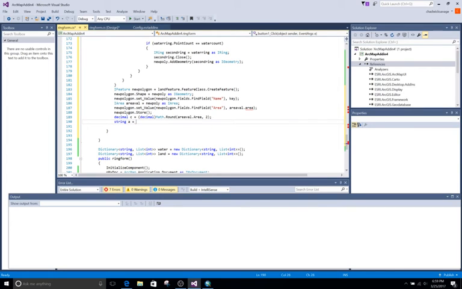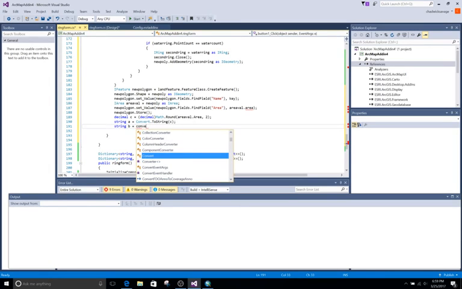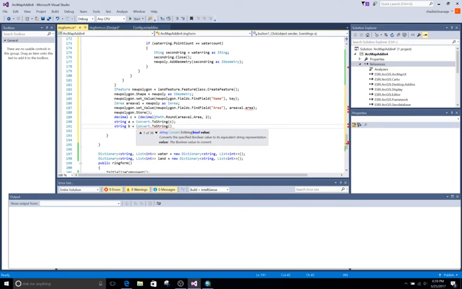We'll call that string A. String A is going to be Convert.ToString(decimal C). We're going to create a new string called string B. String B is going to convert to string the key,